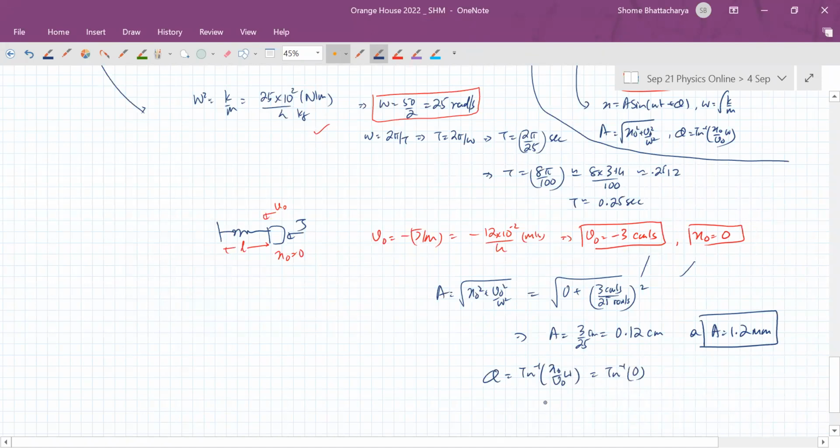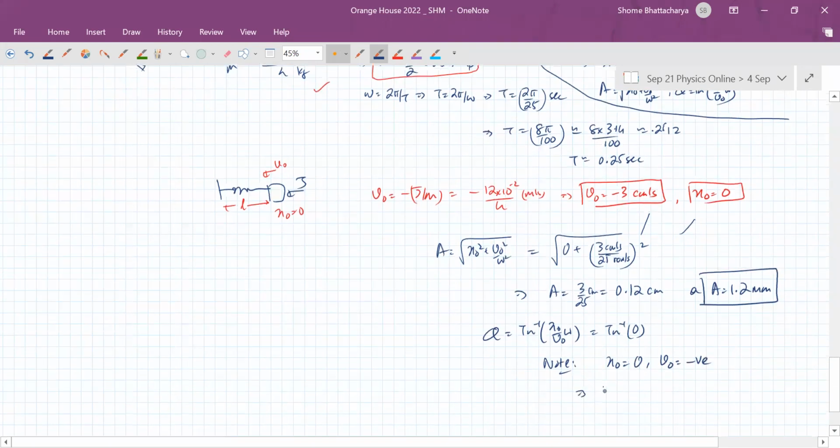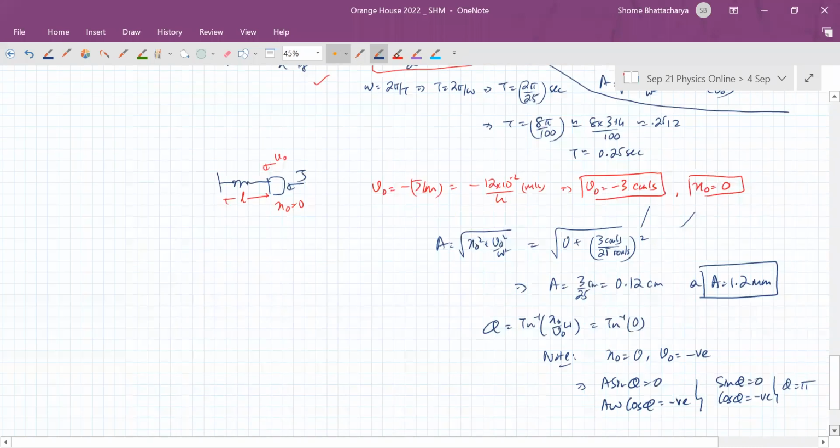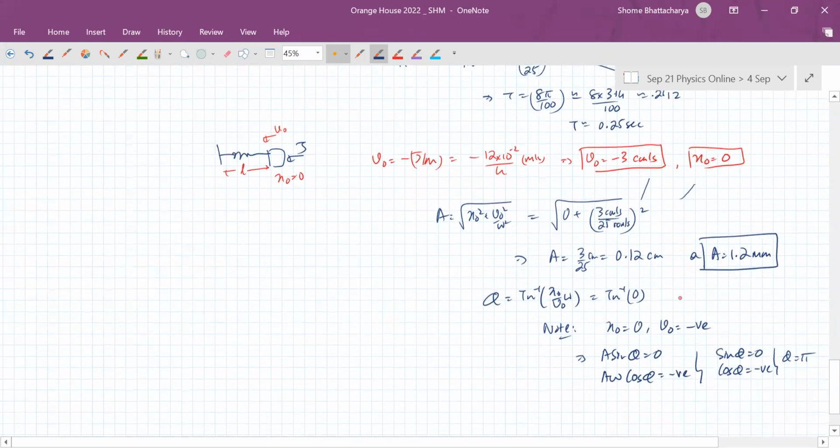Now notice that here x naught is 0 and v naught is negative. So that means A sin phi is 0, A omega cos phi is negative. That means sin phi is 0, cos phi is negative. So phi should be pi. In general, tan inverse 0 can give you two solutions, 0 or pi. So here it will be this because of this reason. So our equation of SHM will become